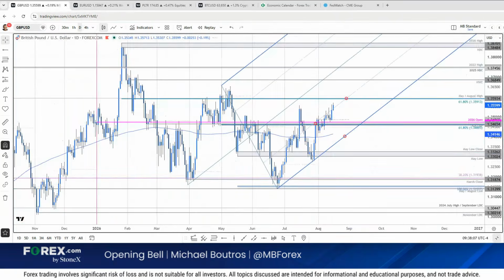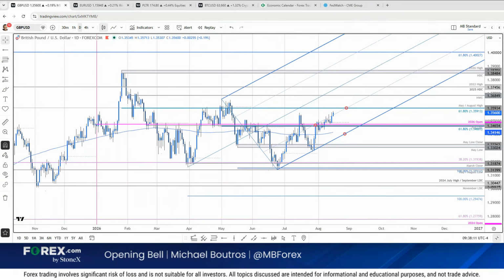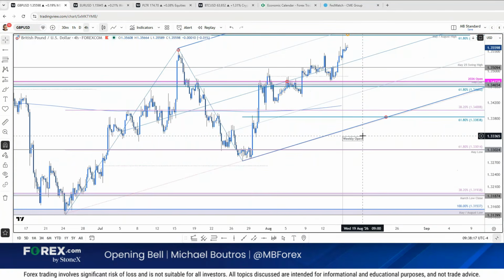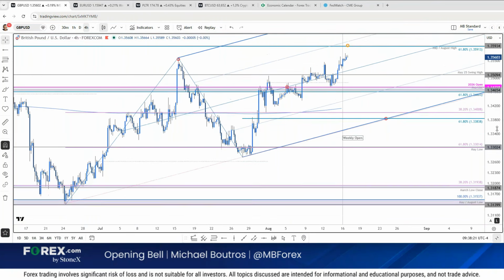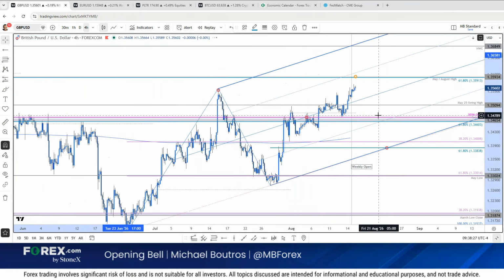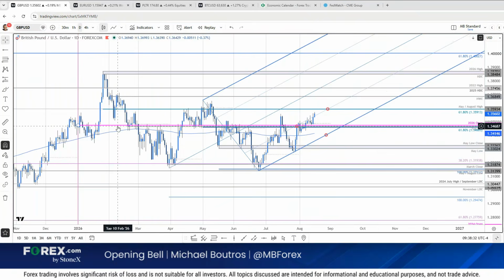Sterling, my least favored of the lot still. I don't know if this slope is adequate at this point. It's getting kind of messy, guys. So, what do I say about this? Look, if we're heading higher on this stretch, 3460 into 3473, that's the yearly open. That's the 618. That's the February low day close. Here's the major pivot that we were watching all year long. You guys know about this level. If we're going higher on this stretch, that would need to hold support.